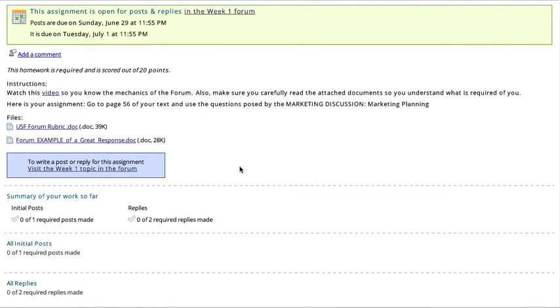That's your response to their main post, and that is your second post, where you look at other student or students. You can analyze or respond to as many as you want. For this particular one, 2 replies are required to other students' main posts, and the initial post, only 1.